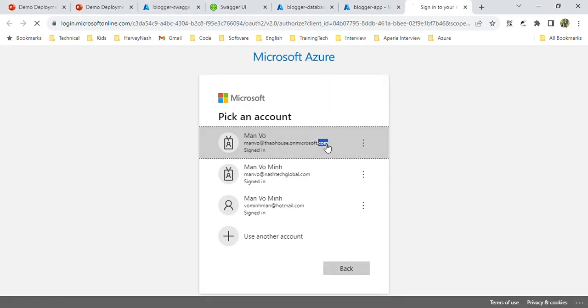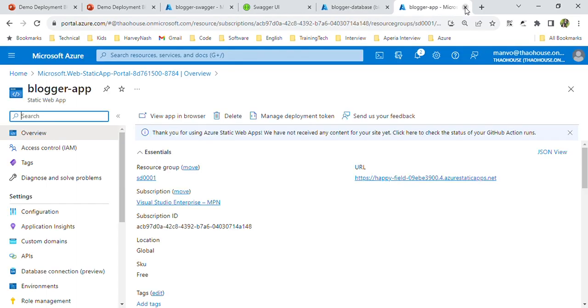It asks for credential authentication for the Azure account. Okay, while waiting